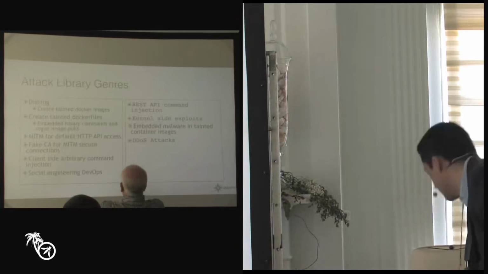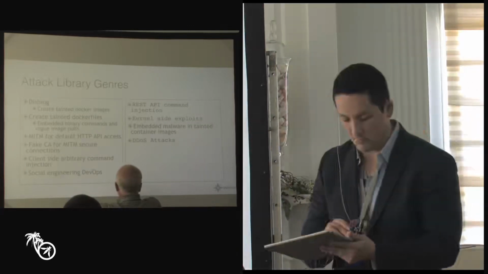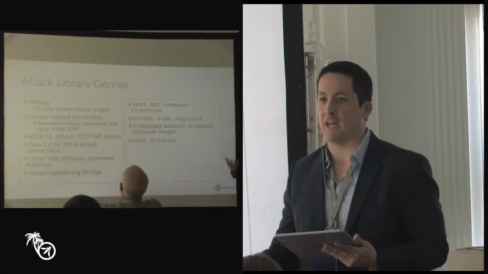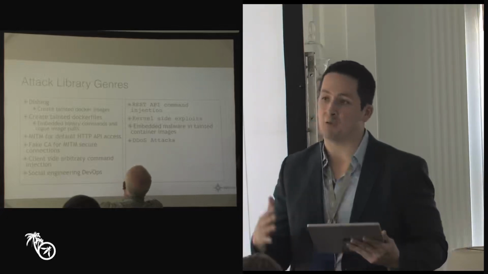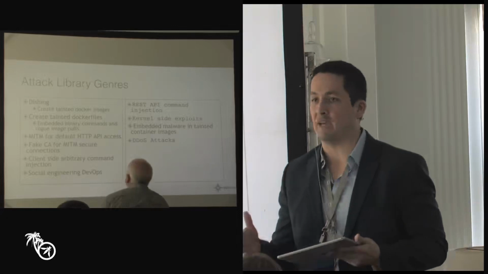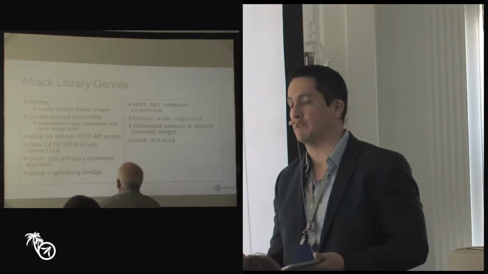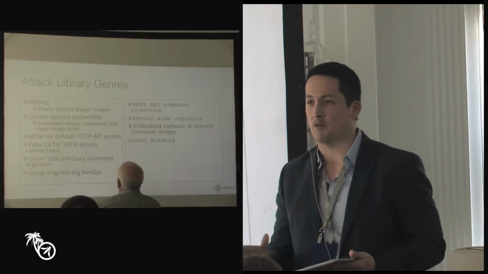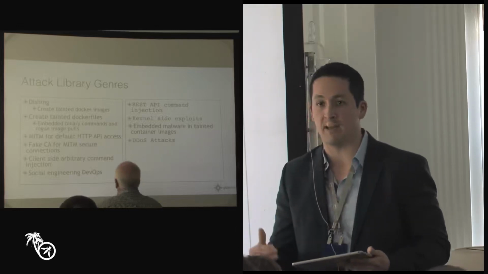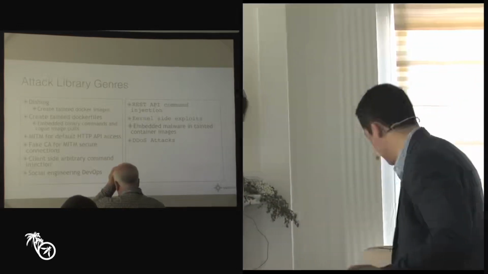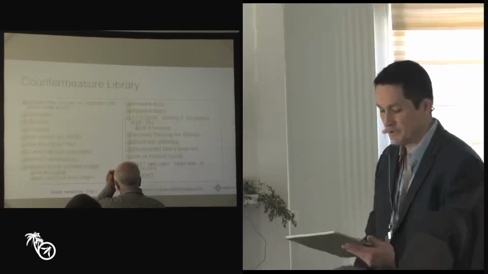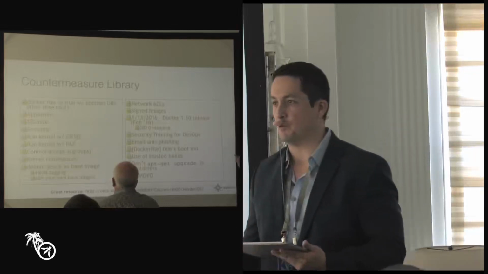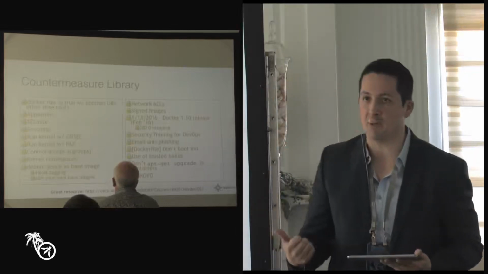I'm going to skip to the last two slides here. There's an attack library genre that I've created here for containers. Basically this provides a quick checklist for what to look out for when you want to defend against attack patterns that have existed, have taken place, and are completely viable based upon threats that have actually happened. So this is not fear mongering; this is past tense, this has actually happened. And in support of mitigation, there's a countermeasures library slide that I developed, which is basically what you can do to enforce greater security configuration.